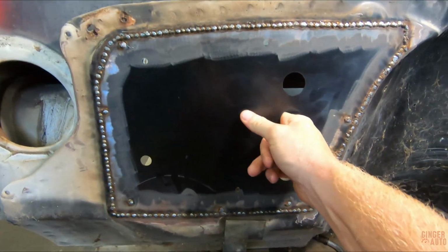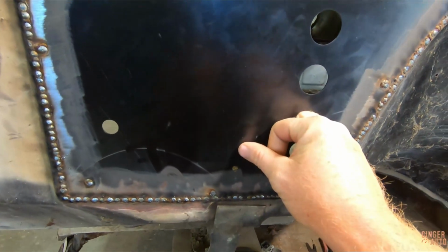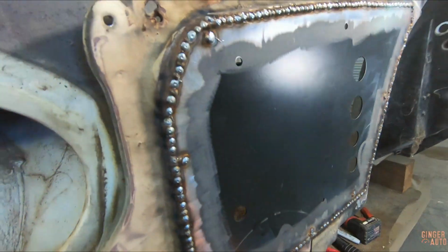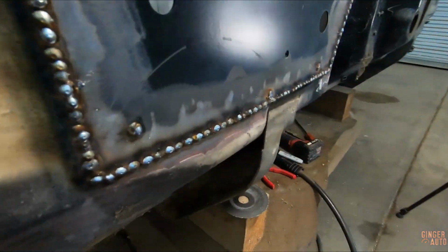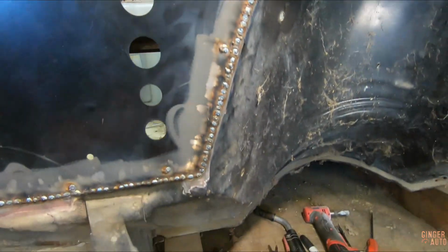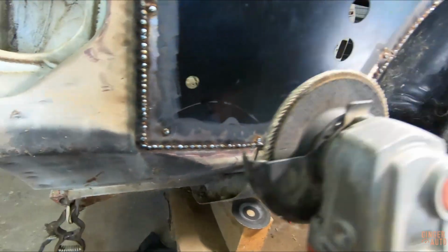And with this stuff, you don't need to be as worried about warping because it's not like it's a side panel on the car. It's just the firewall. And this is pretty thick metal, so still be careful, but I think this is probably a good place to learn. So now we just go through with the, I'm probably gonna start with a flap disc and see if we can